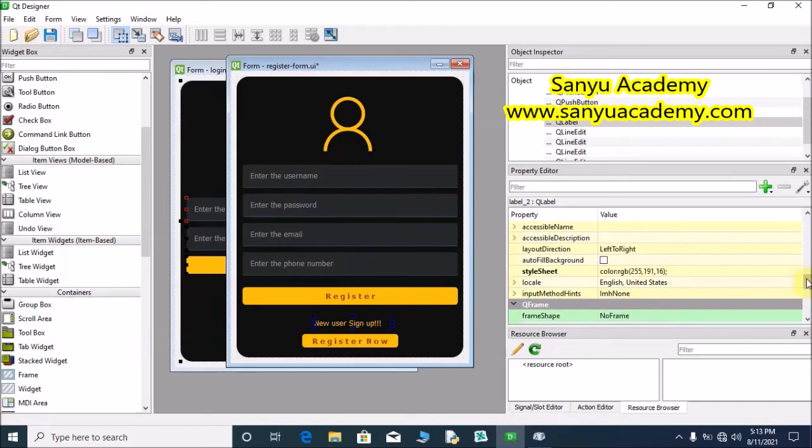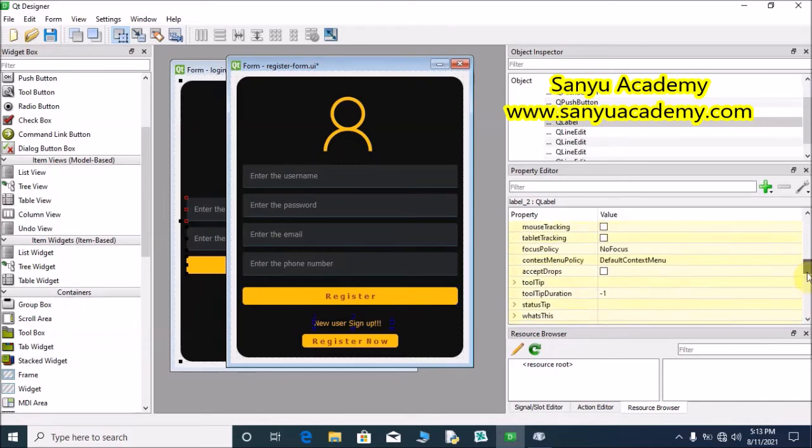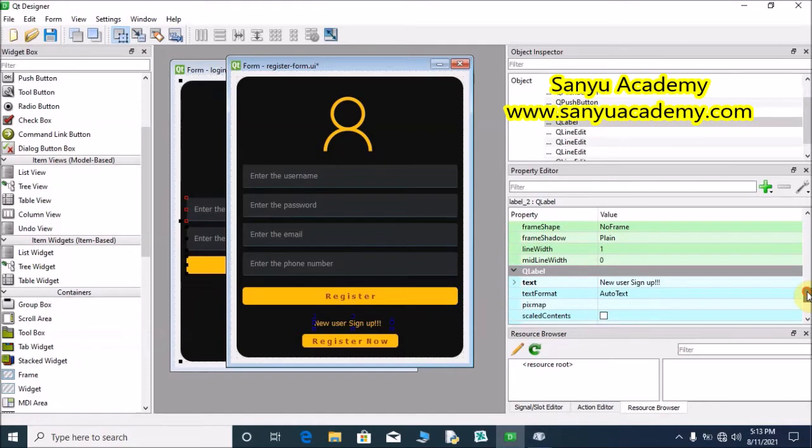Instead of new user sign up, select already registered login. Make it a little bit bigger.